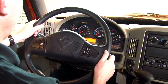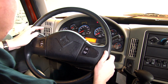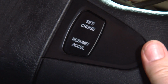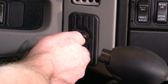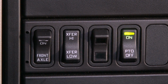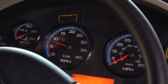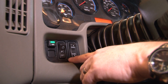The most used switches are located in the steering wheel for easy, safe access by the driver. All International trucks come standard with cruise control. To operate, simply turn the cruise on, then accelerate to the desired speed and press the set button. While parked, it is sometimes necessary to ramp up the engine RPM for PTO use. This can be done with the cruise control buttons. Again, turn the cruise on, then ramp up the engine with the resume accelerate button. Other important switches include the lights